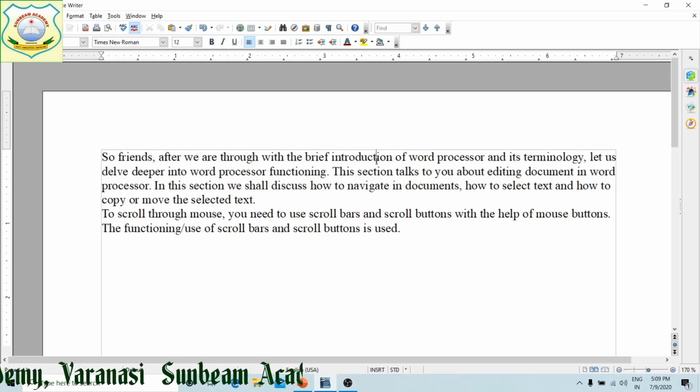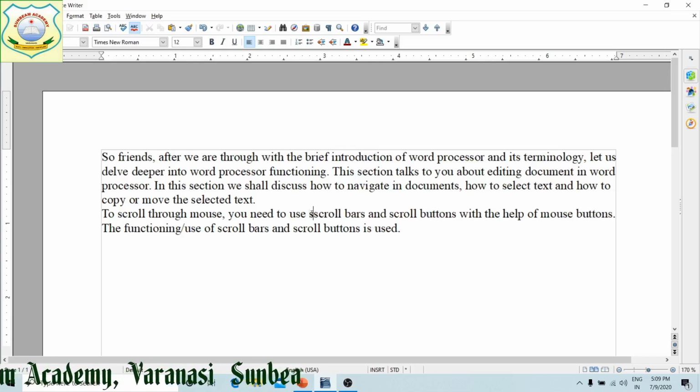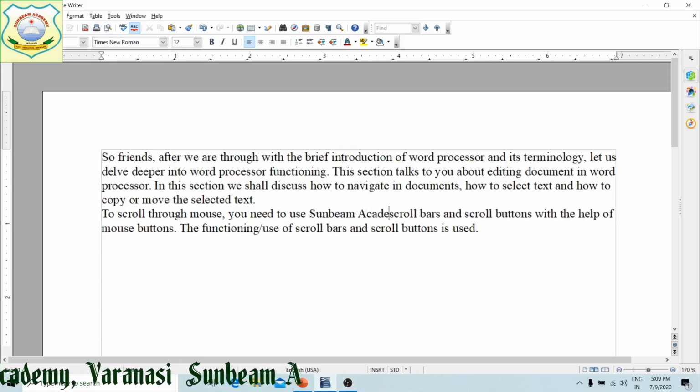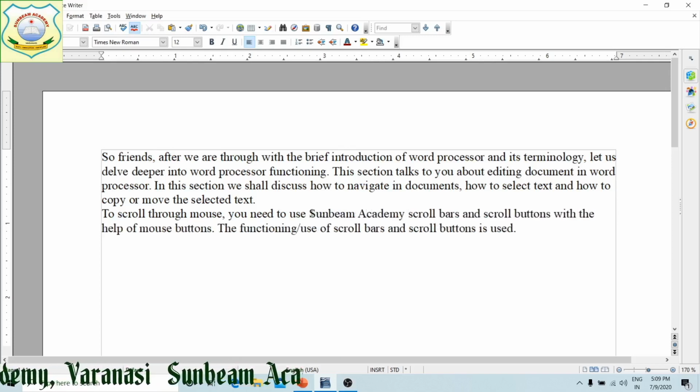Next, students, insert and over mode. Insert mode, the mode into which we can insert our text within the document. While in the case of over mode it is for over typing, right? Now, which mode is selected, it can be seen on your status bar. This is insert mode. That's why you are able to insert any text in the document. Suppose I am going to write the name of the school here. It is insert mode, right?